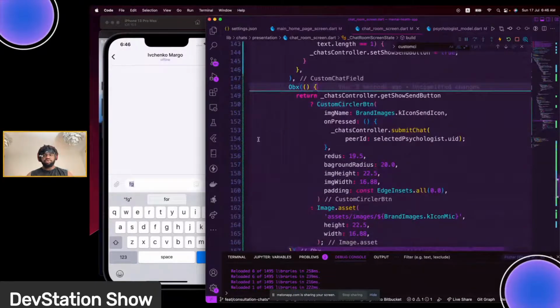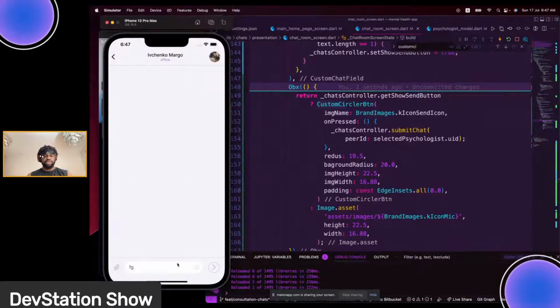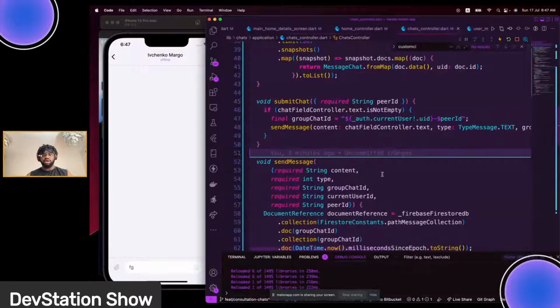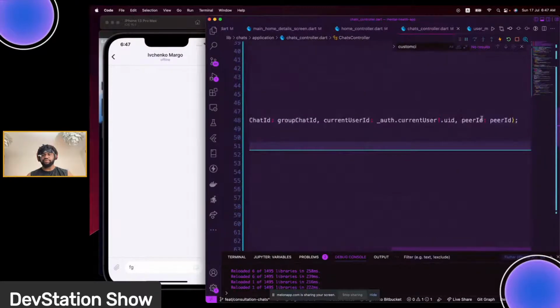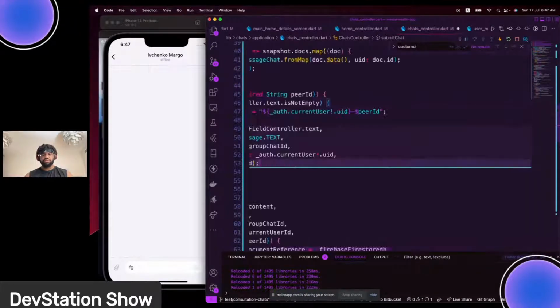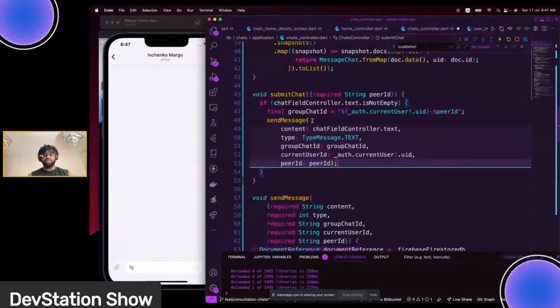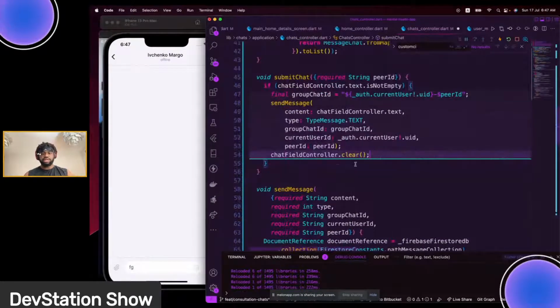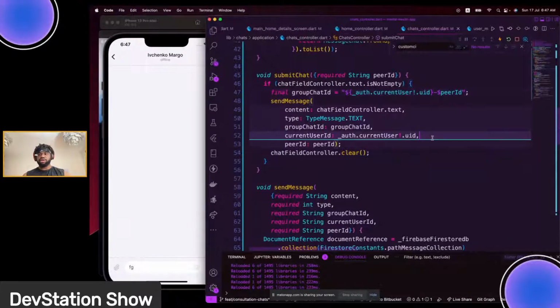And also whenever we tap a message, we also want this to be cleared out. We don't want anything to be in the chat field here. We want it to be empty, and to make sure that works, we fix that. We could go to the chat controller right here, and here where we are calling send message function. Where we are calling this function send message, we should under it call chat field controller.clear to clear everything out. Save that, and